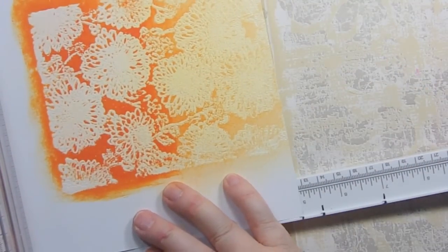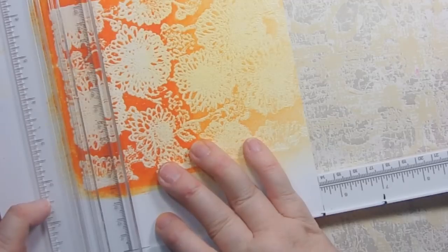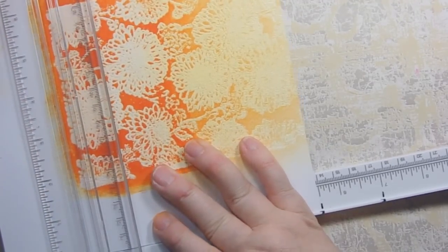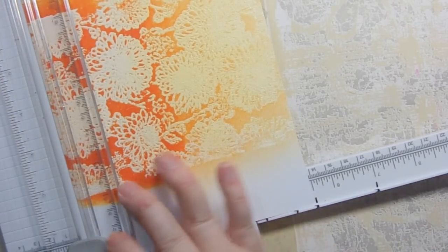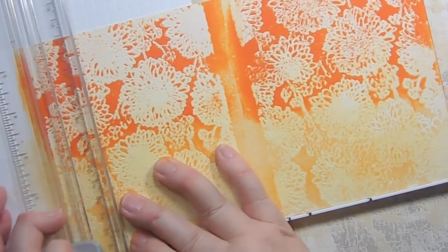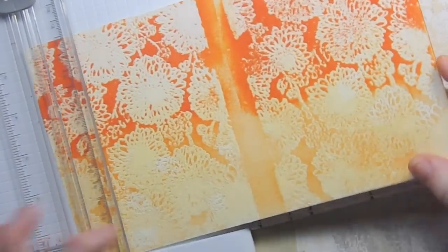It has to be 5 inches. So I'm going to go to there, I think. Nope, right there. Okay, and then let's cut off an edge. So let's see,